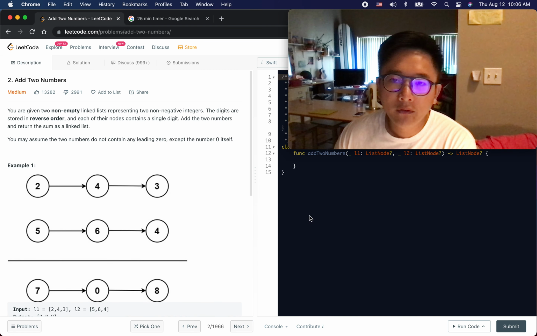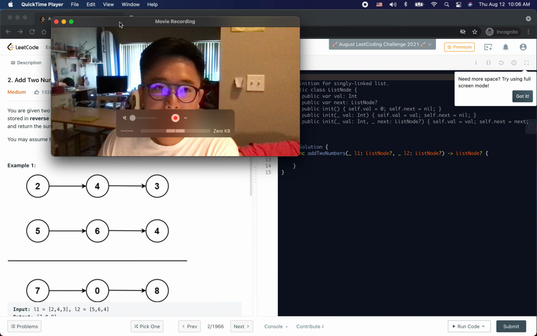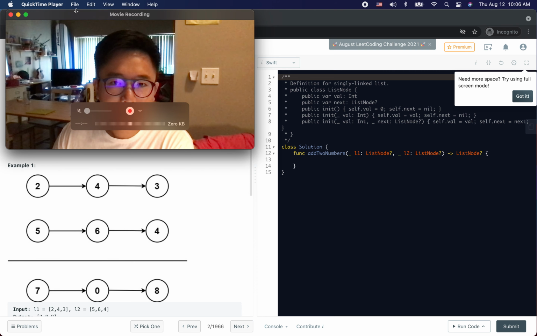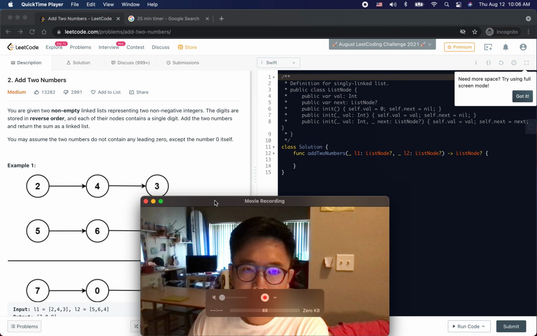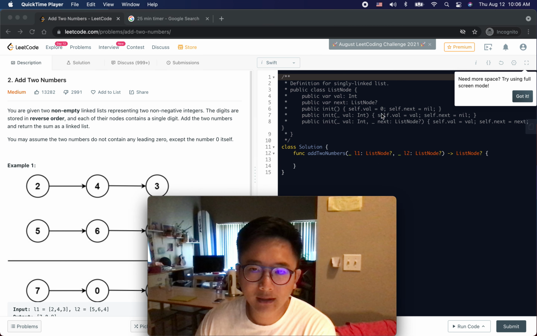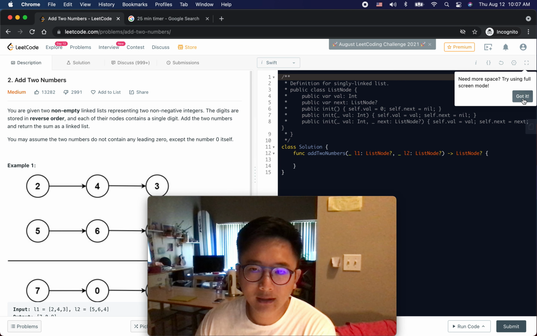Okay, so let's see what code they provide us. I'll just put it here. I really don't like the new UI. Got it. So the definition for linked list, we have a linked list node that can